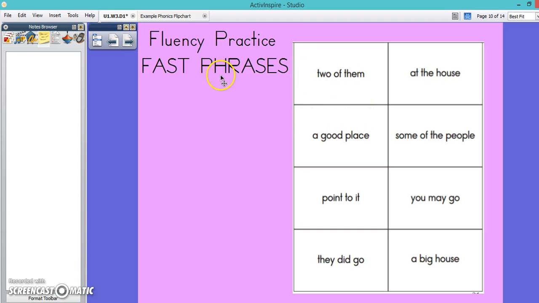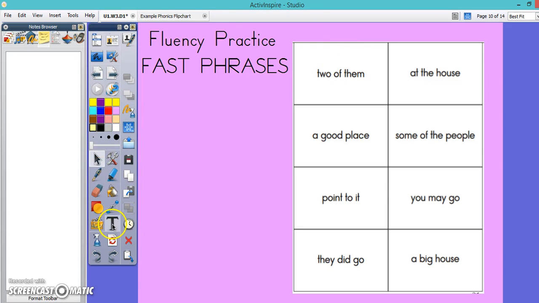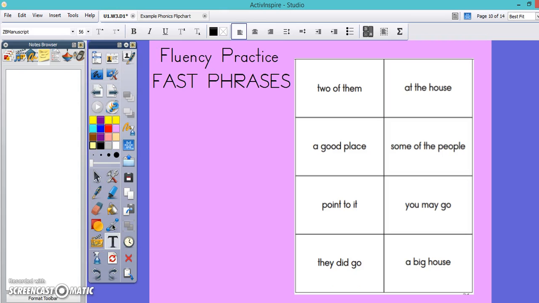After heart words, you're moving in. Today we're going to do some fluency practice using fast phrases. These came out of that Florida Center for Research binder, and you're just looking to be able to model what these phrases are and explaining that a phrase is just something you say all together. You kind of scoop under it to let them know that it's not something that you're isolating and saying,